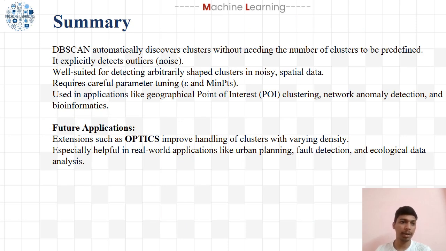So the last point is the summary. DBSCAN can automatically discover clusters without needing the number of clusters to be predefined. It effectively detects outliers, meaning noise, and is well suited for detecting arbitrarily shaped clusters in noise. Spatial data requires careful parameter tuning of epsilon and minPts. It is used in applications like geographical point clustering, network anomaly detection, and